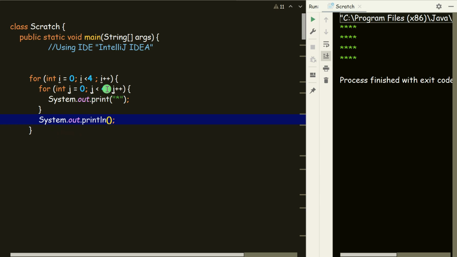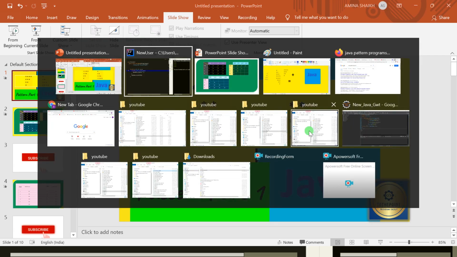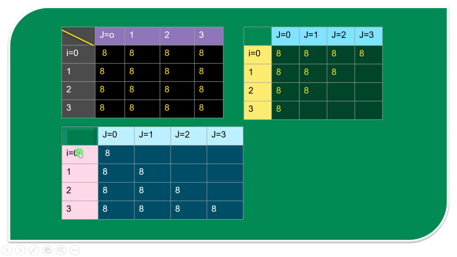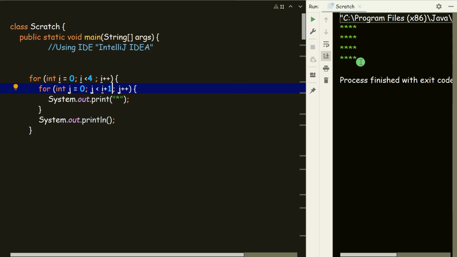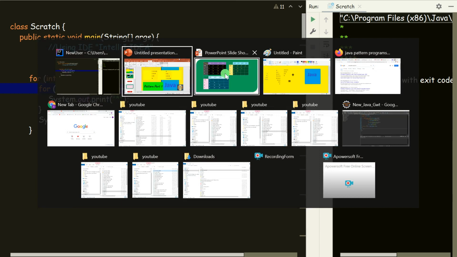Let's create it in this only. So what is happening over here? The column limit was I plus 1. When I was 0, 0 plus 1, so the first column was printed. When I was 1, 1 plus 1 is 2, so two columns are printed. So it is giving the maximum one. Okay, so that's all it was giving. So let's print this out. We got the output.